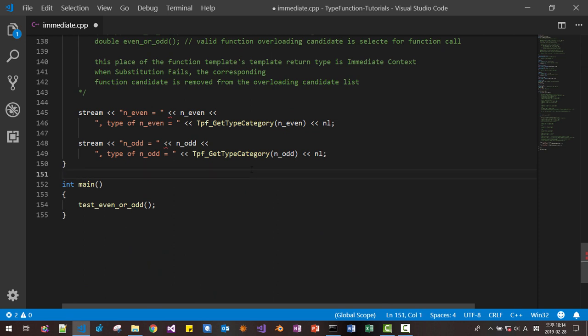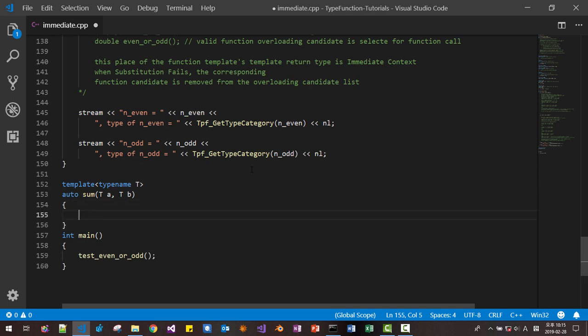Suppose we are creating a function like this: template, typename T, auto sum, T a, T b. Return a plus b.